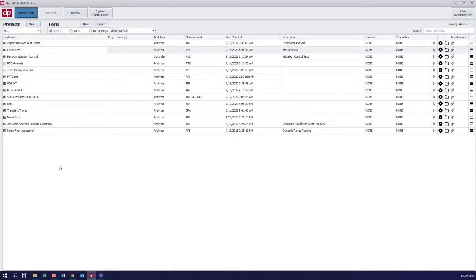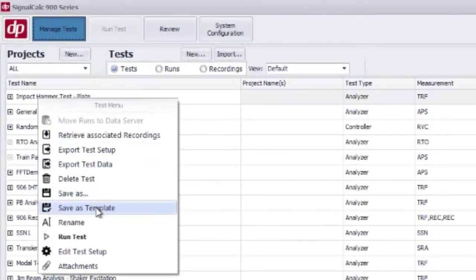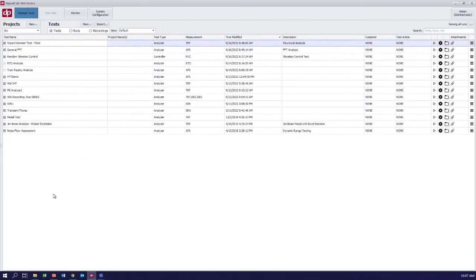The manage test area gives you a glance of all your tests. So you could be working on a modal test, or you could be analyzing a transient event, or you could be taking measurements on a train pass-by, or you're assessing noise. These are all the various tests that you have in your database, and any of the tests, if you were to repeat them periodically, you can make them into templates. The easiest way to make them into templates is by right-clicking on any of these tests and selecting them as template. But before we do that,